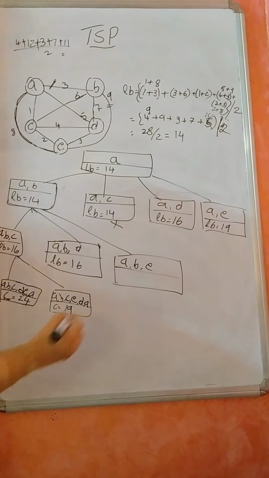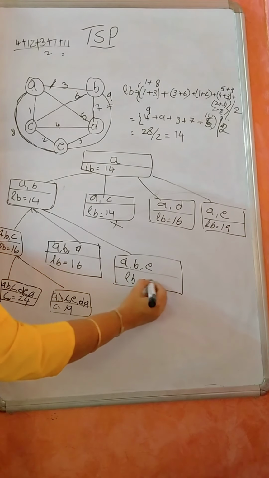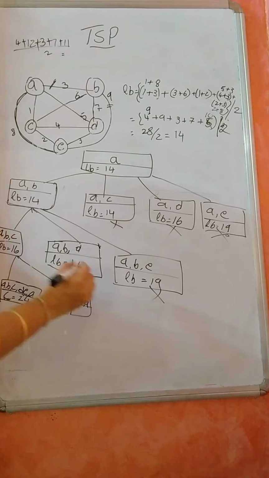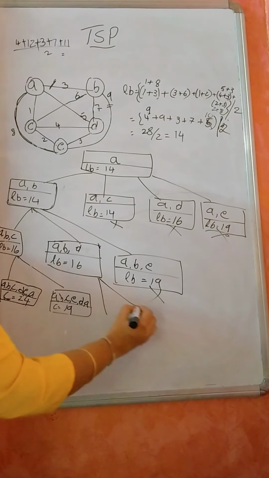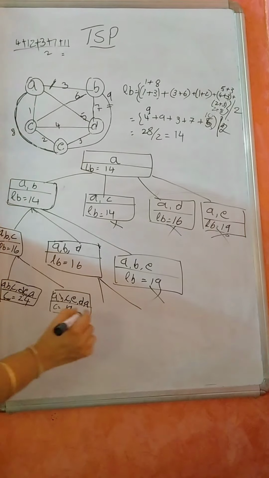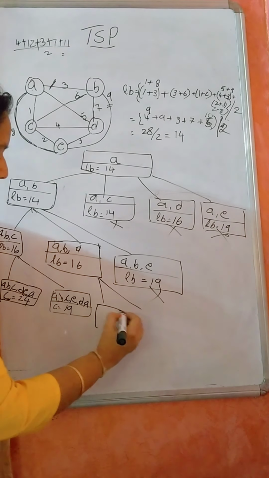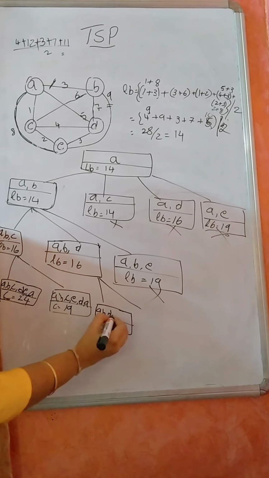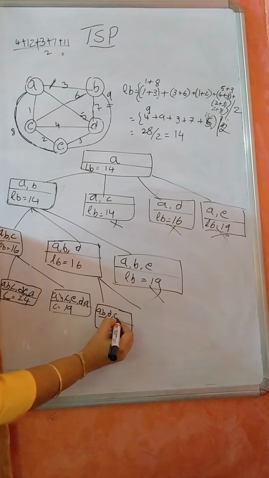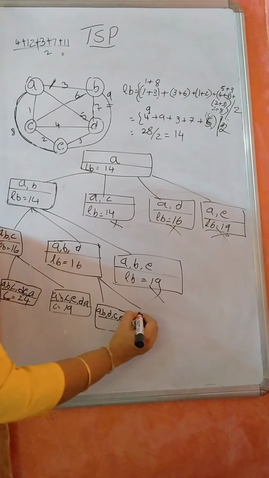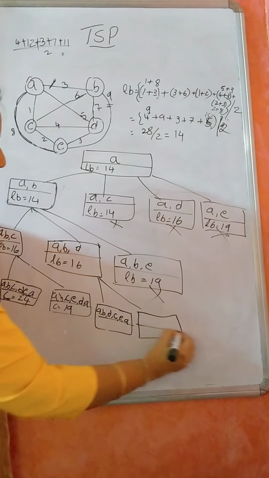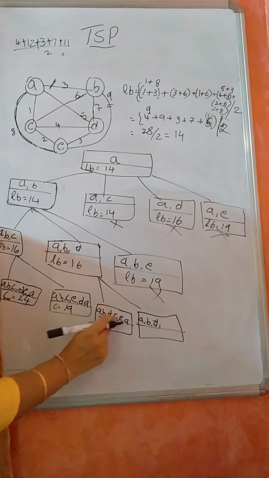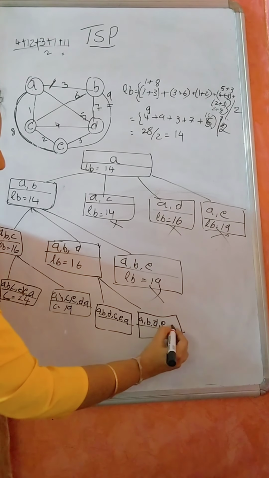E to E. So what is the lower bound here? You got 19. So 19 I will not move. This also I will not move. This also I will not move. So this branch I will consider now. From here, what are the options you are having? Which have you already moved? A to B, B to D already you have moved. So D to C, C to E, E to A is one option. Another option: A, B, D is fixed, D to C I have travelled, so D to E, E to C, C to A.